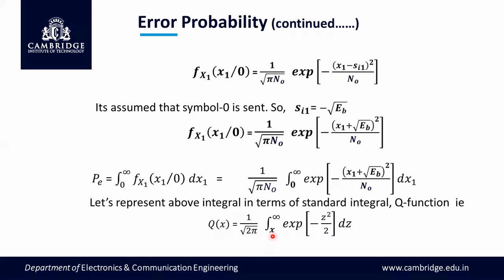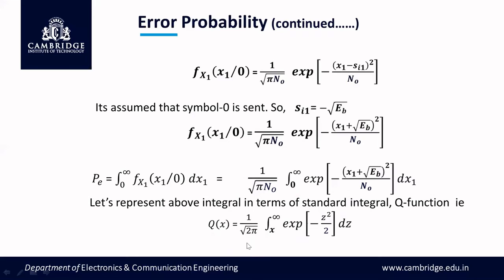So one very important point is that the lower limit x is denoted as Q of x. That means the total integral value depends on the lower limit. If you compare this integral with this integral, both resemble each other. Here the constant term has to be modified a little, the exponential is the same, and these two must be equated, and this lower limit of 0 should be converted to x to make use of this Q of x.